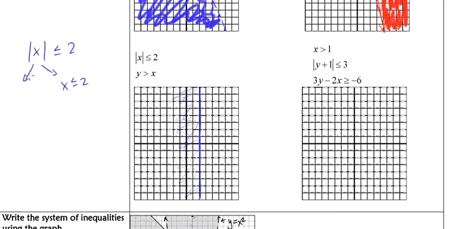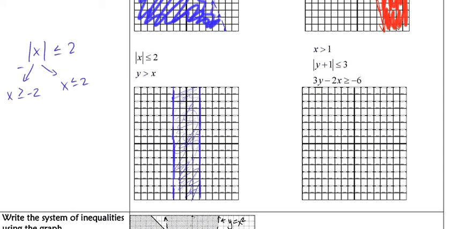And over here we got a minus. If x is a negative, then that means that x is greater than or equal to negative 2. And so over here to negative 2. And solid line. All right. And these numbers here are going to be my solutions to my first equation, but I've got two of them here, so I need to find out where y is greater than x, and that means I'm going to start,